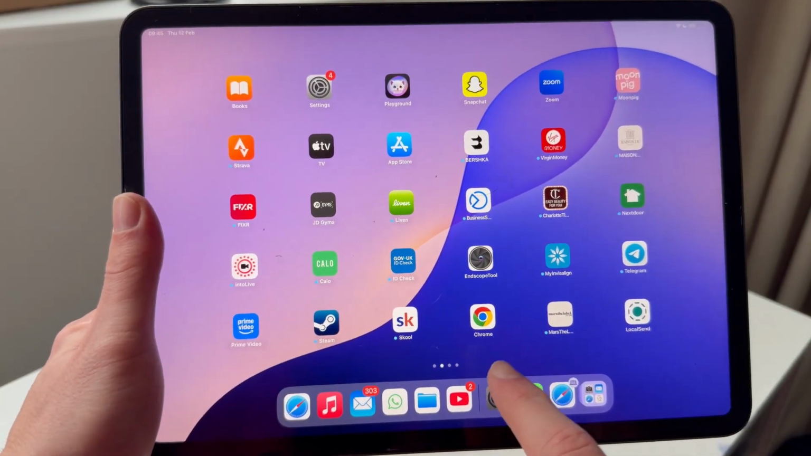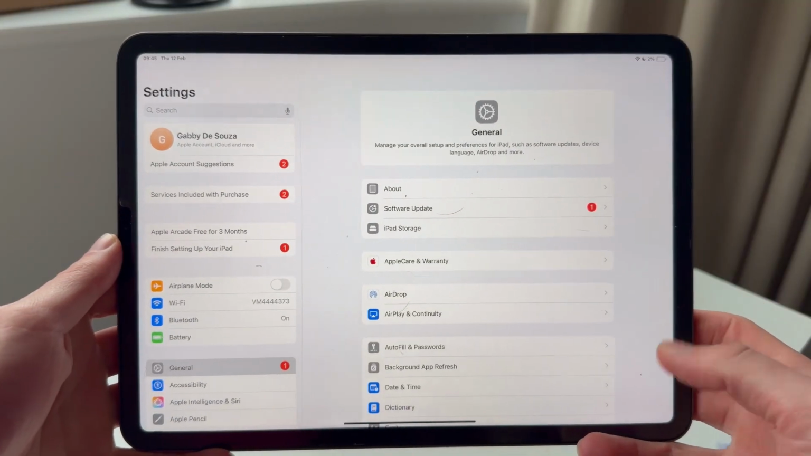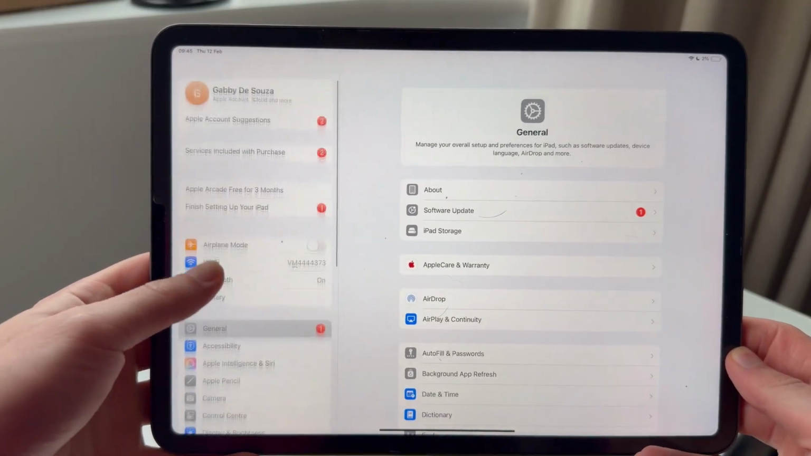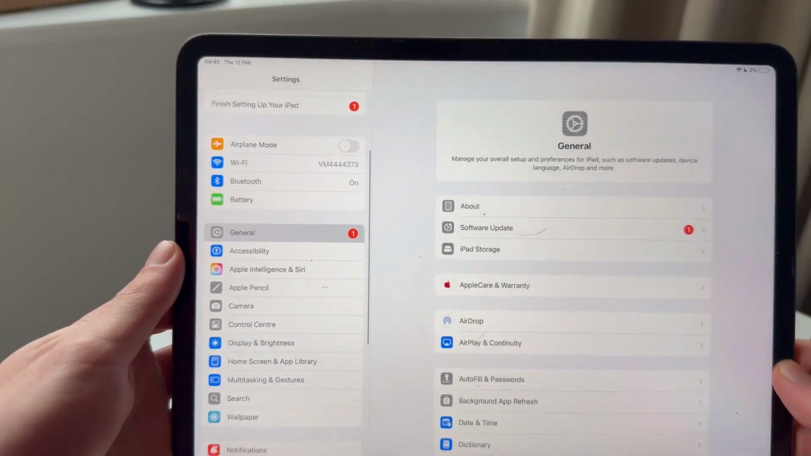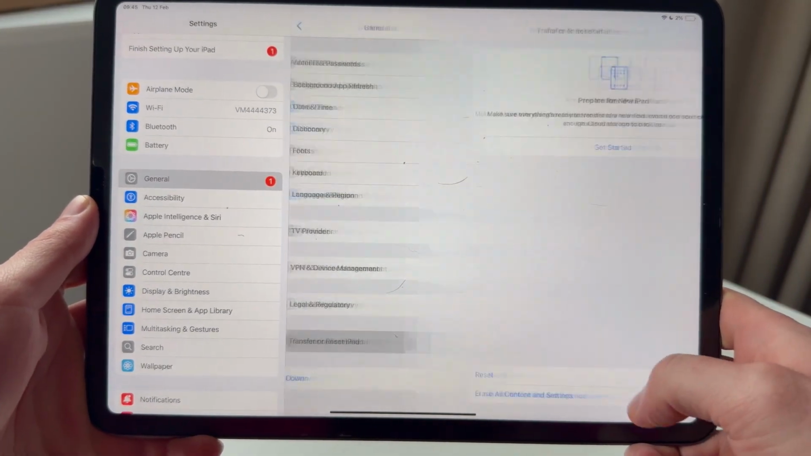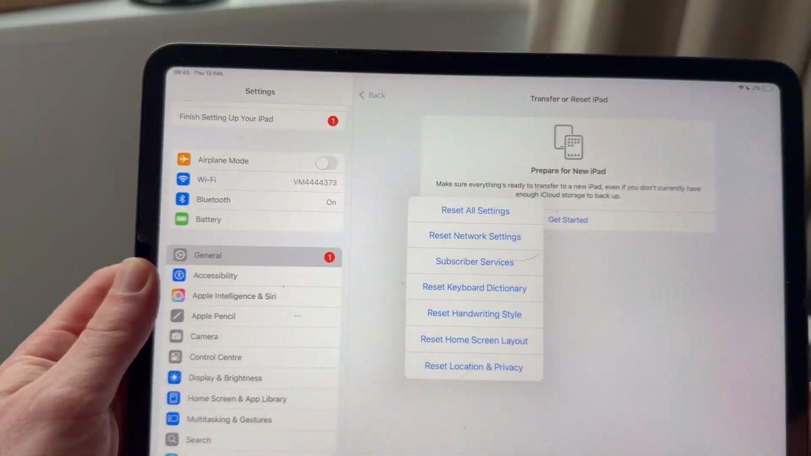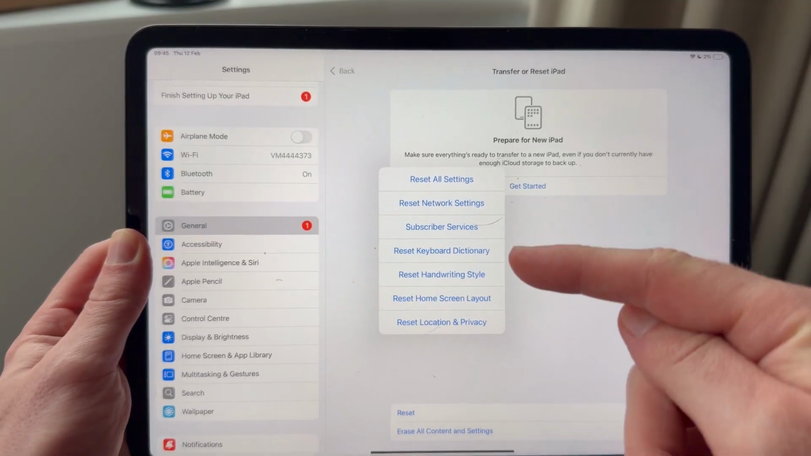Now the first thing you need to do is head over to the home screen on your iPad and then click on this settings icon to bring up the settings. From the left hand side, click on General, scroll right down to the bottom of this page and select Transfer or Reset iPad. You can then press the reset button, and now you can go and reset any of these